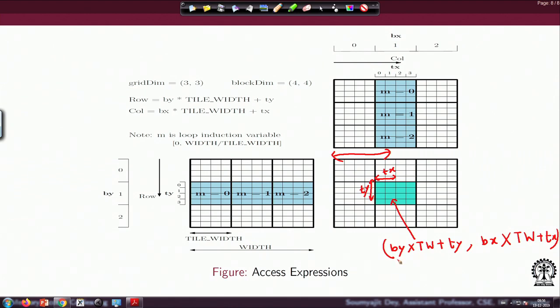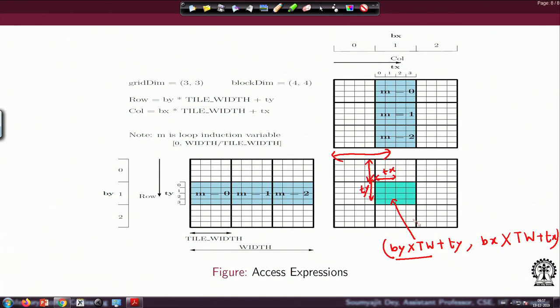Why am I multiplying the block ID with the tile width? Basically, if I multiply this by tile width, I get to here. So I get to this much, and then I shift by the tile width.